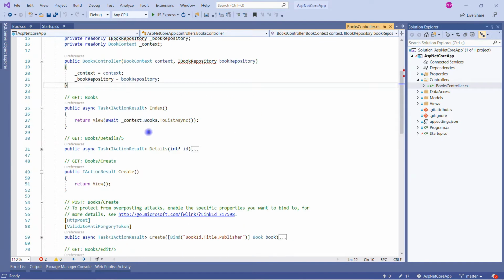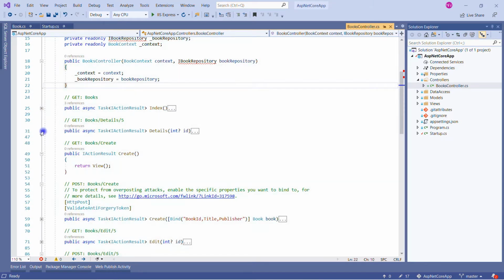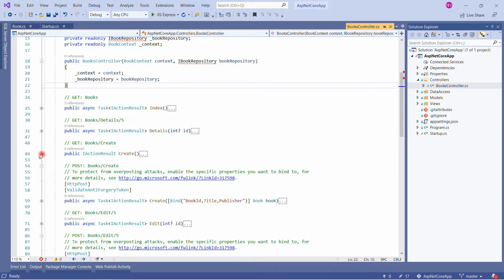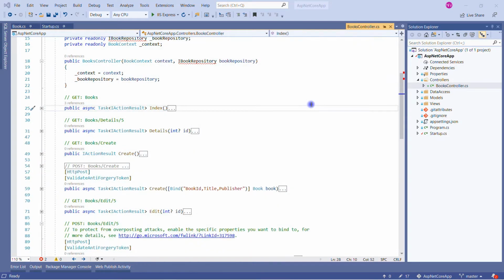Okay, and the rest are the common, very simple implementations of these tasks like Index, Details, and Create. Okay, because we have selected the book controller with Entity Framework with all the operations. So you can note down here the Views folder is also created with that. These steps are very simple, that's why I'm not going into much detail.